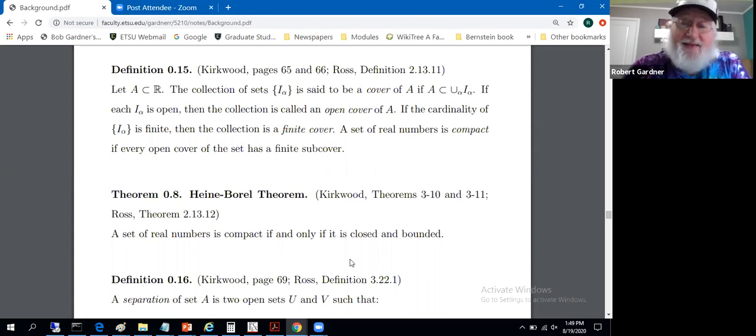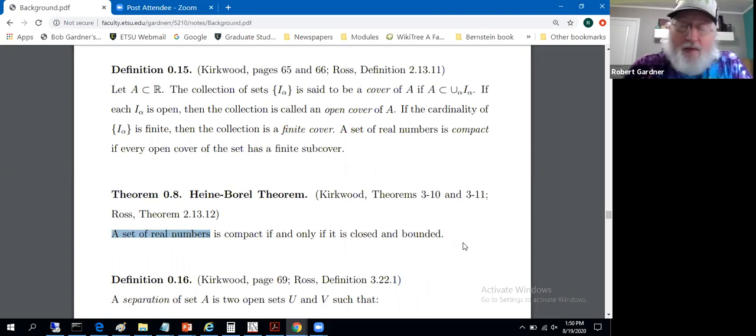All compact sets are closed and bounded, and all closed and bounded sets are compact. It's false. It doesn't take much to fix it, though. A set of real numbers is compact if and only if it's closed and bounded. There's more to life than just the sets of real numbers. And I do have to go to an exotic place to find a closed and bounded set that isn't compact,